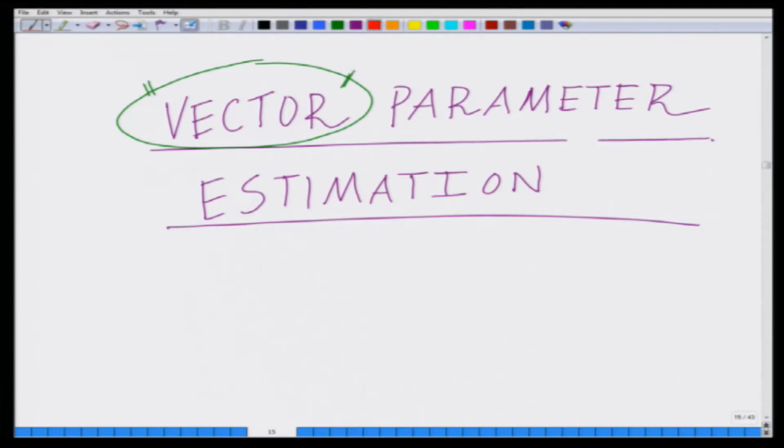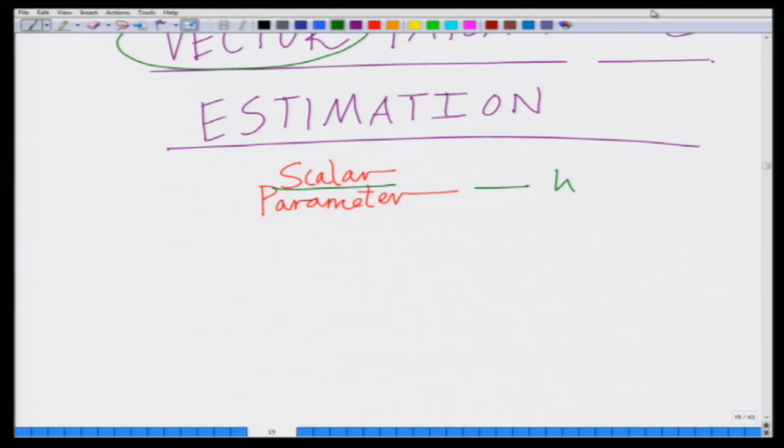So far we have talked about a scalar parameter h, that is, estimation of a scalar parameter h. From this module we are going to start talking about a vector parameter,